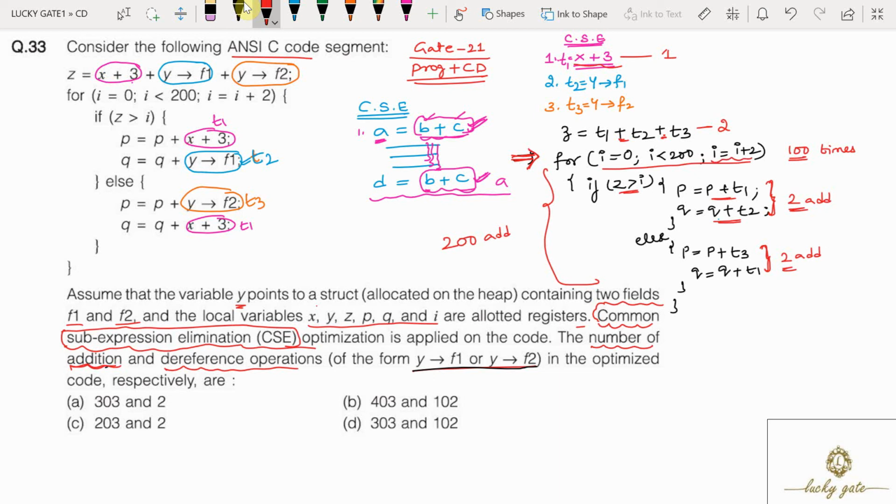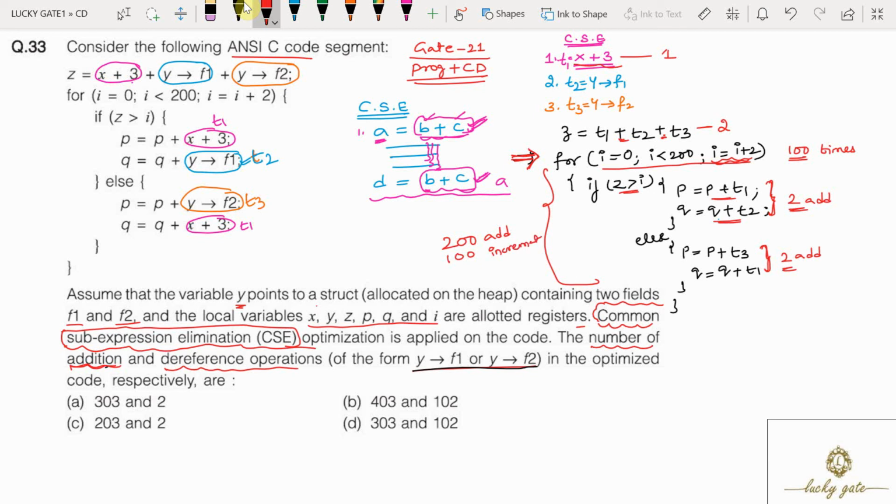In the loop increment, the increment is going to be executed 100 times, so we have 100 add operations with respect to the increment.